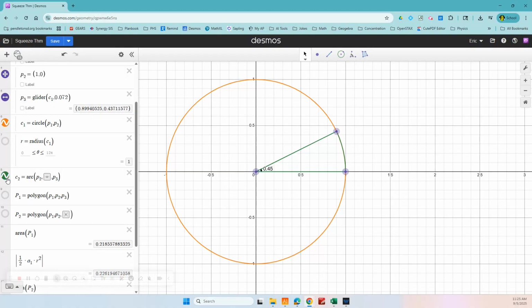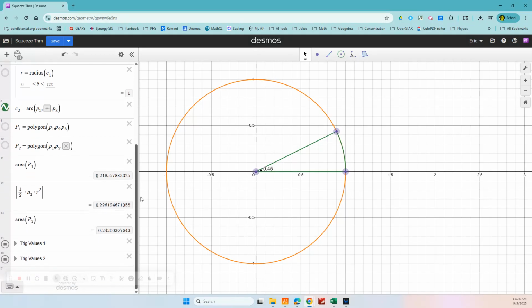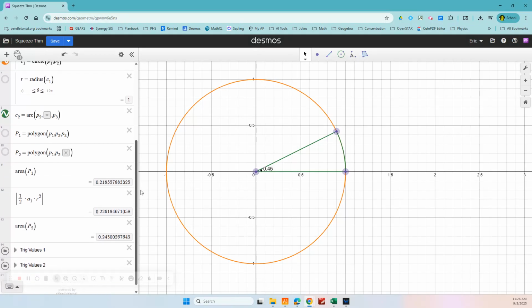that sector. If I look at that sector right there, I can calculate the area of that sector. It's right here, right? That's just the formula for area: 1/2 times the angle times the radius squared. Radius is 1 in this case. And so look, I get another area, which, notice, is slightly bigger than the area of that previous blue triangle. Okay? Now finally, let's look at